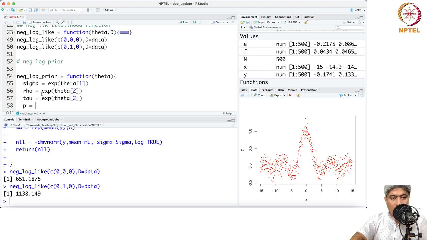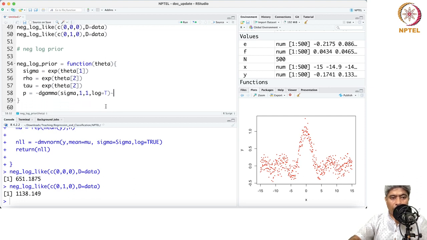Let us suppose these are all dgamma, sigma equal to, comma, 1, log equal to TRUE, then minus. All I have to do is rho, and